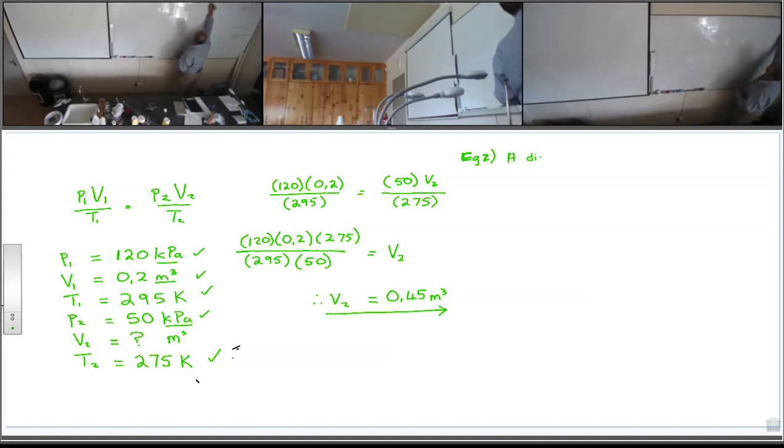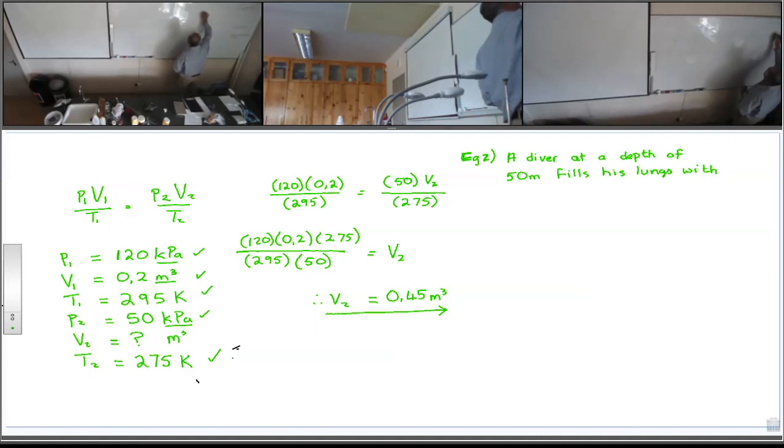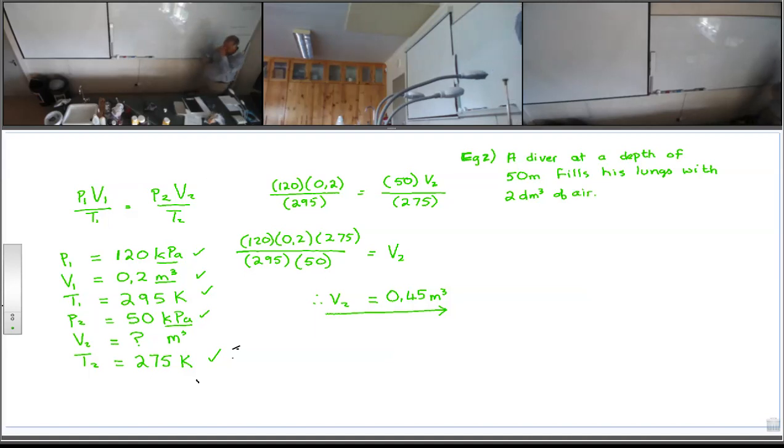A diver at a depth of 50 meters fills his lungs with 2 decimeters cubed of air. At 50 meters,